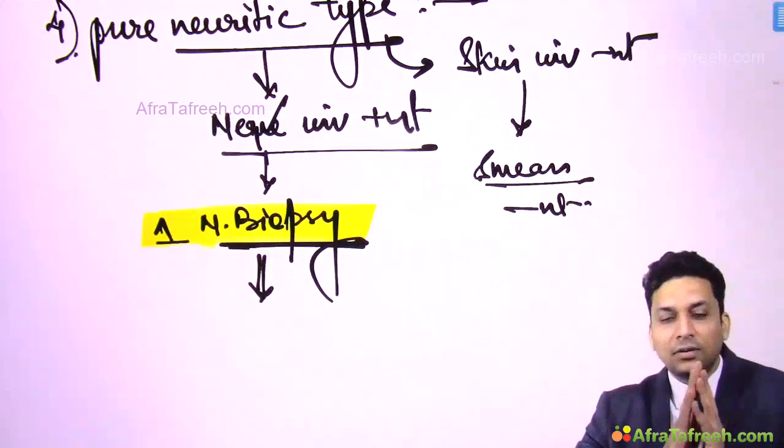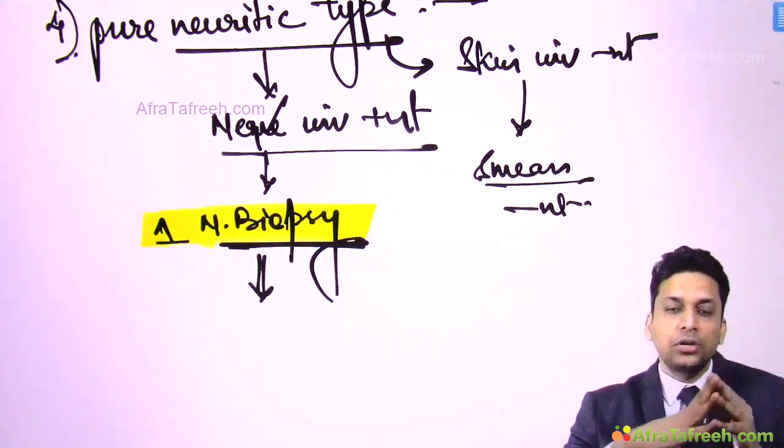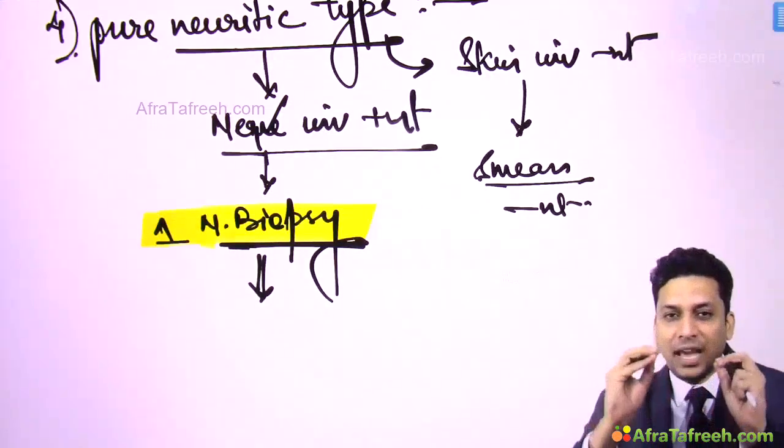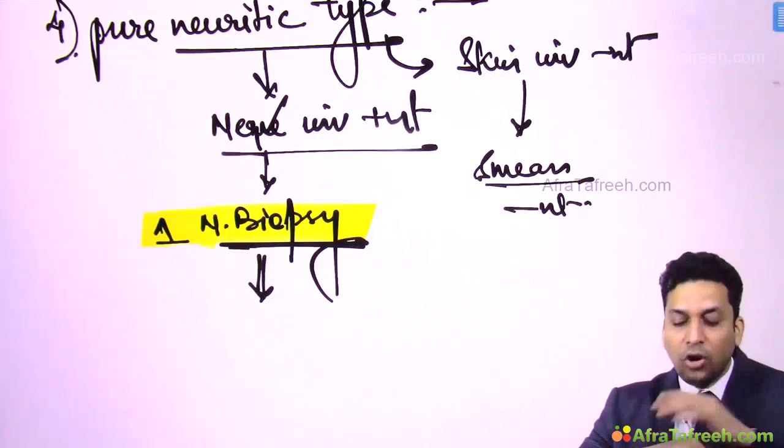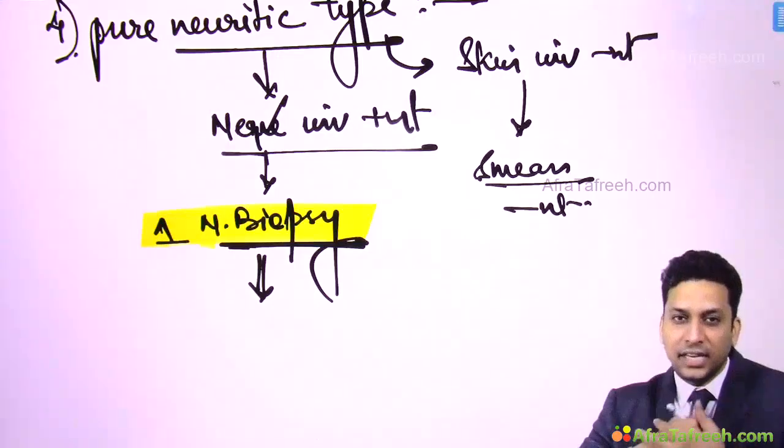So this is not valid. Okay, so this is not good. So what you should do? You should take from a sensory nerve, so that if you damage the nerve, at least only sensory loss is there and no motor deformity. So always choose sensory nerve, whichever is there in the option.